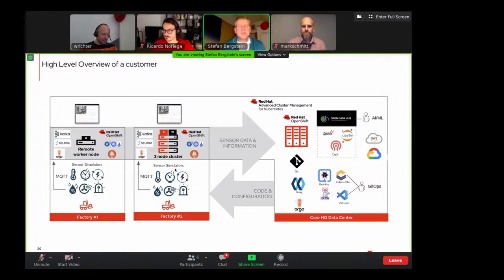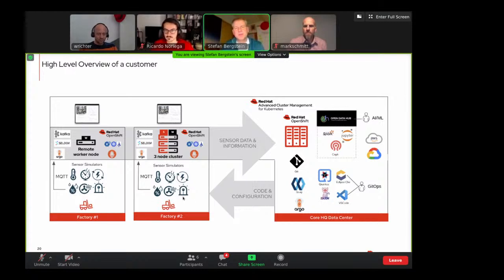On the factory edge, the whole concept of getting sensor data into the system, pushing the data via Kafka to the central data center, using Seldon for model serving, etc. So that is, for wrap up, the high-level conceptual build, where we get sensor data information from the factory back to the central data center into a data lake, and the code and configuration is pushed through